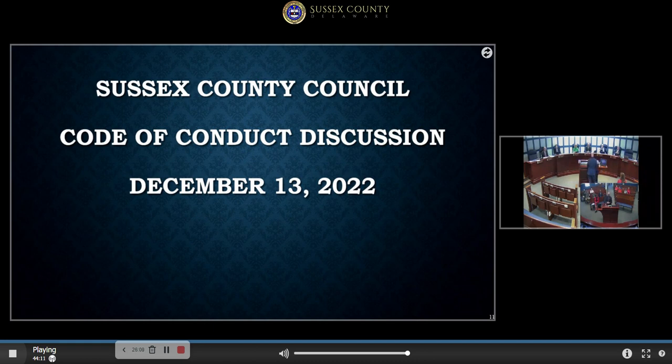I would think that with the additions that you're suggesting be included, I personally don't see why we would need our own commission that we would appoint. Because there again, you get back to, I think, Everett's comment a while ago about, you're going to appoint somebody you know, probably. To me, it's much easier. The state has it in place. You use the state. They have no ties to somebody in Sussex County having to do whatever they've got to do. It's all a separate thing. They do a good job at it.